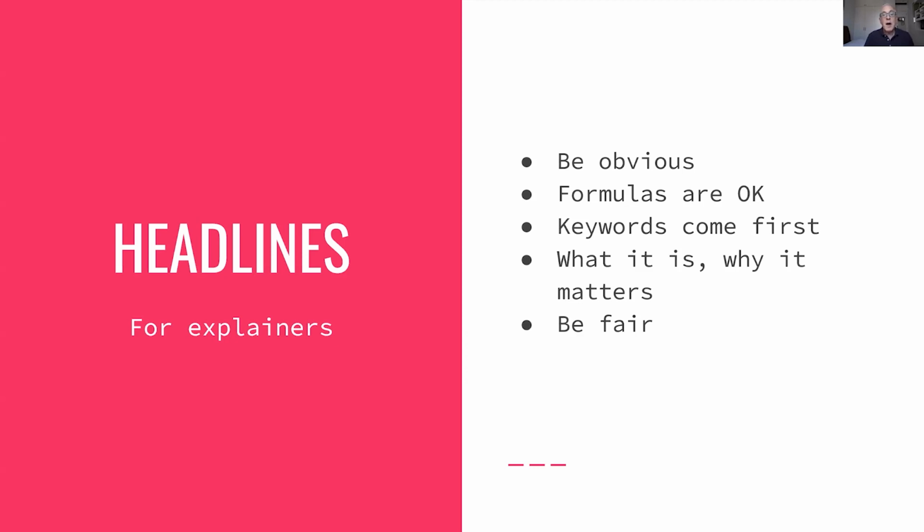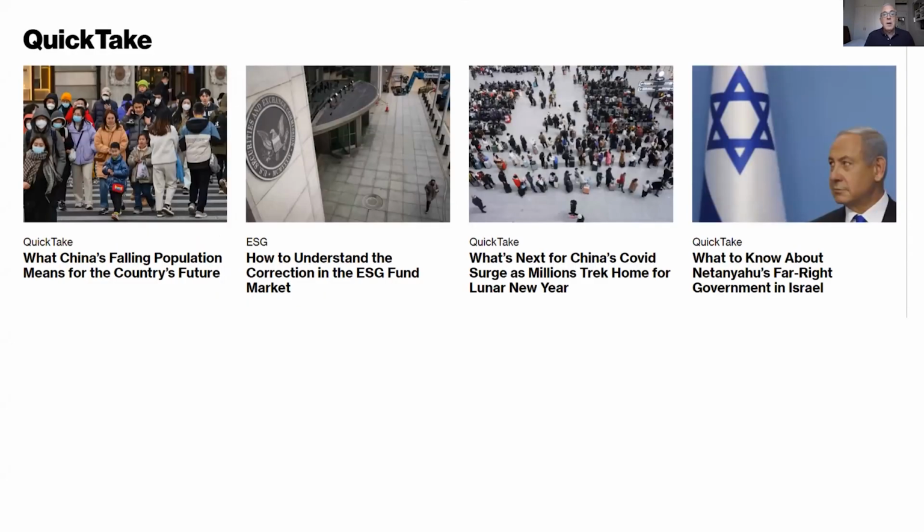And of course, be accurate and fair. That doesn't mean putting all sides of a debate into a headline, but if there's significant conflict over a subject, you want to reflect that in the headline if you can. So if you end up with something that seems more workmanlike than artful, that's fine. For instance, here's a sample of the latest quick take headlines on the day I'm recording this. And here are some headline tips I found useful in general, not just for explainers.